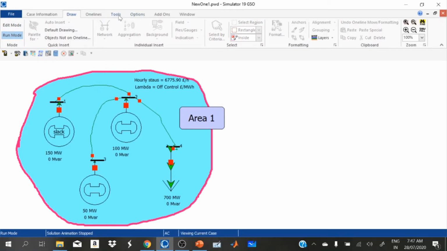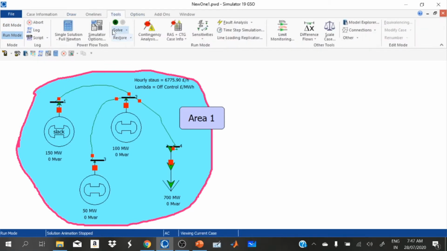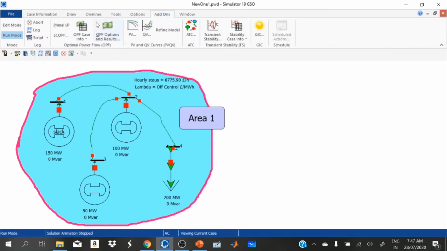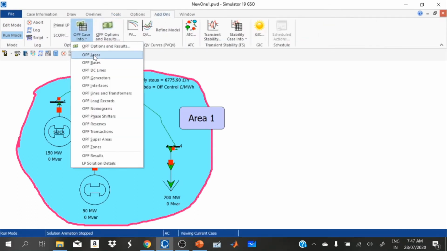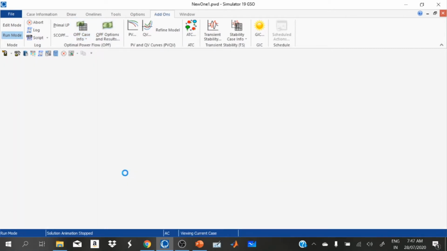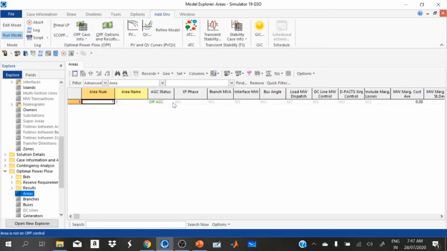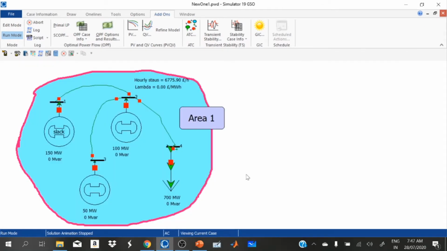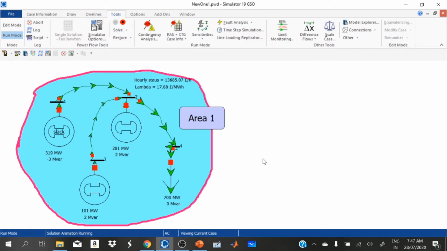Now we can run our area 1 generators and see the economic dispatch. Here we have to change the AGC status to economic dispatch. Now we can run our model and verify our result.